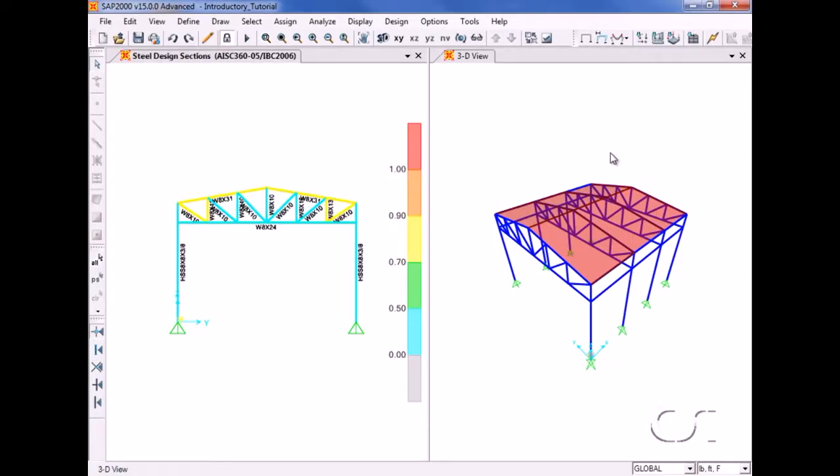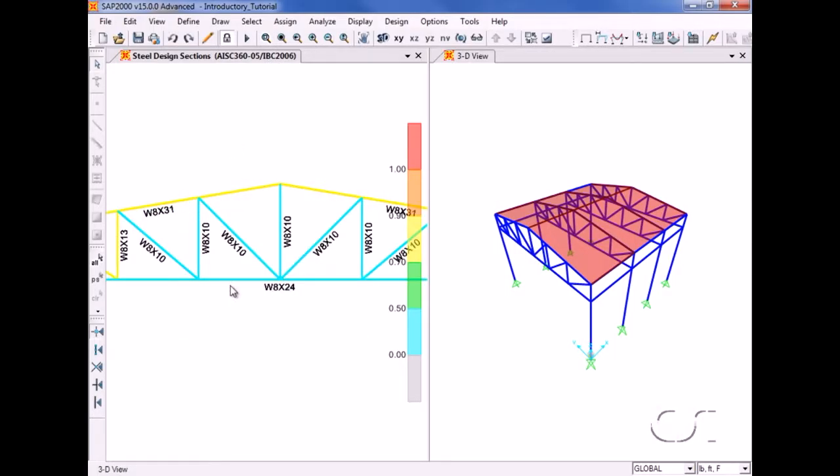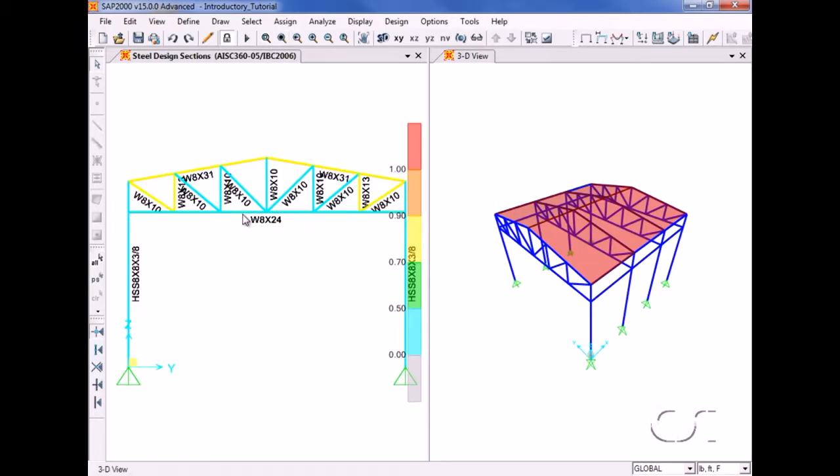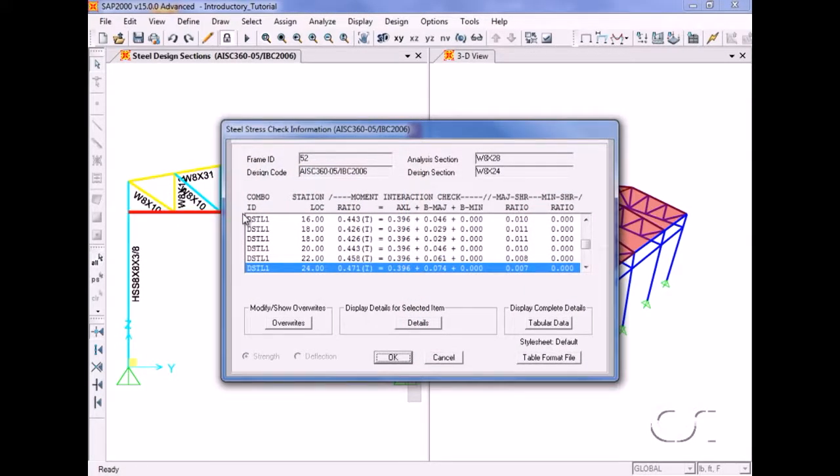After the design is complete, the design sections are displayed. 设计完了以后，设计的结果。If we zoom in, we can see that the program designed the bottom chords as single objects, even though for analysis they were meshed into smaller elements. 下方的那一条是只有一个尺寸。A right mouse click on a design member will bring up stress check information, including the governing load combination. 按右键，你可以看到它的